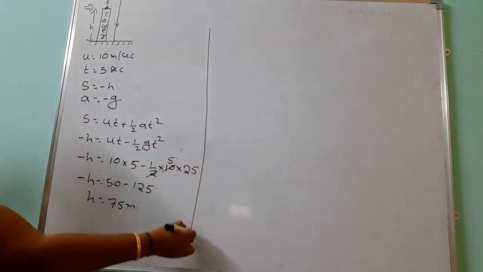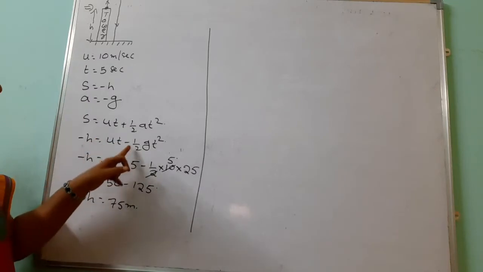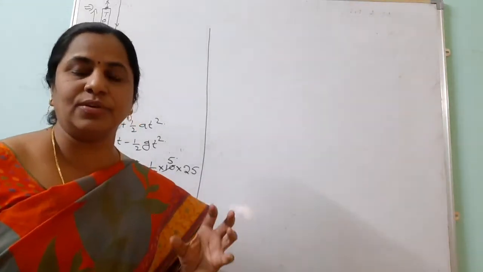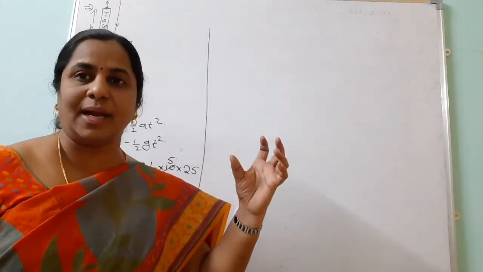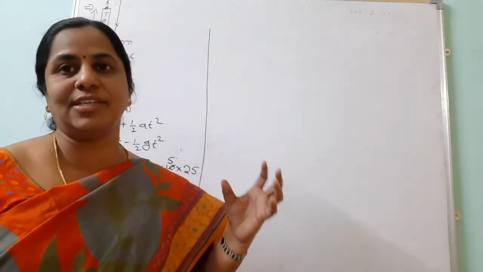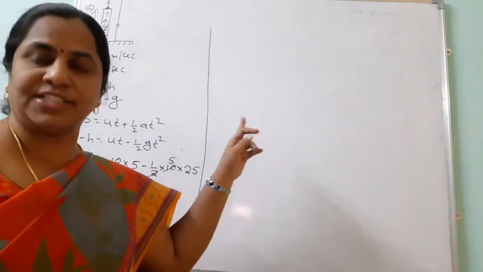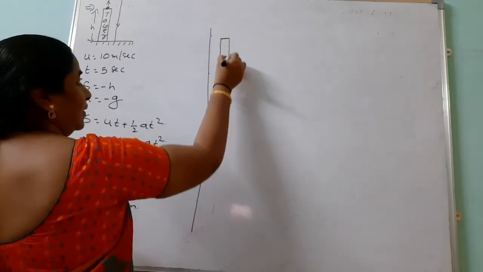Generally, for the height of the tower, some people forget to take minus h. Some people forget that instead of a they should take minus g, and they take plus g. So don't make that type of mistake. Whenever the body is projected vertically upwards from the top of the tower, we take h as minus, that is, displacement is minus, because the body is projected from the